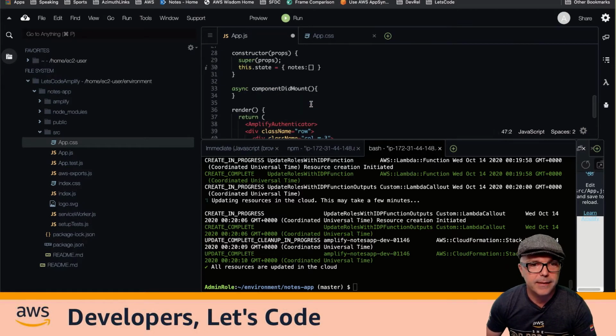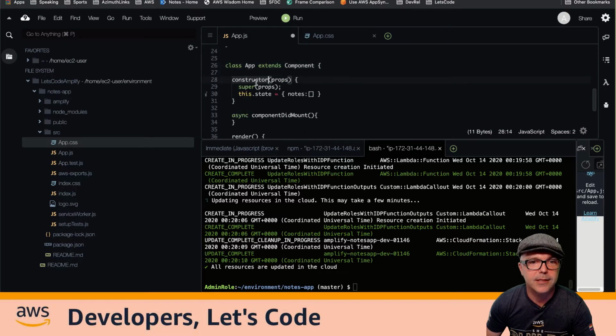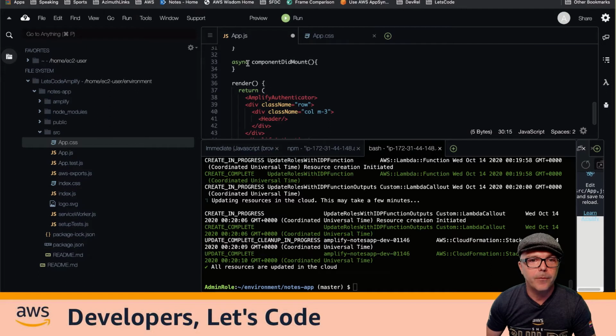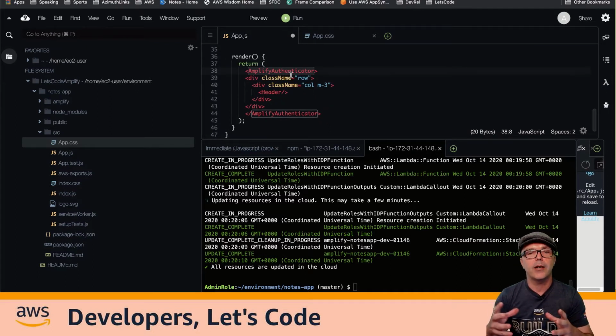And I'm going to replace it with a very simple component. What it has is a constructor. It stores a state. So this is notes. So as a notes app, I'm going to start building and storing a list of notes. So it's an array of notes. We'll fill that method out in a bit, but really the key here is we are wrapping the render component here, so the UI view component, with the Amplify Authenticator. So what this will do is, if I've got an authenticated user, it will change the UI behavior. So if I save that,